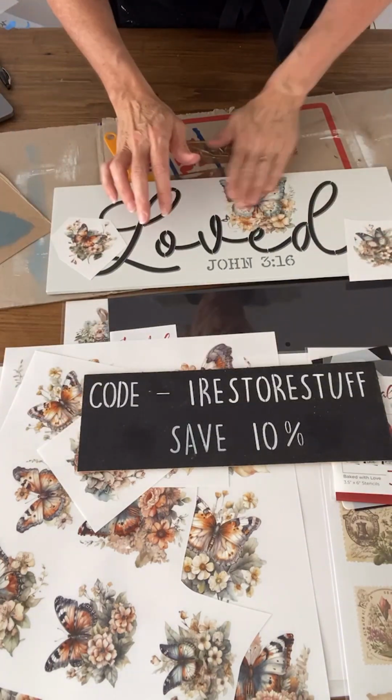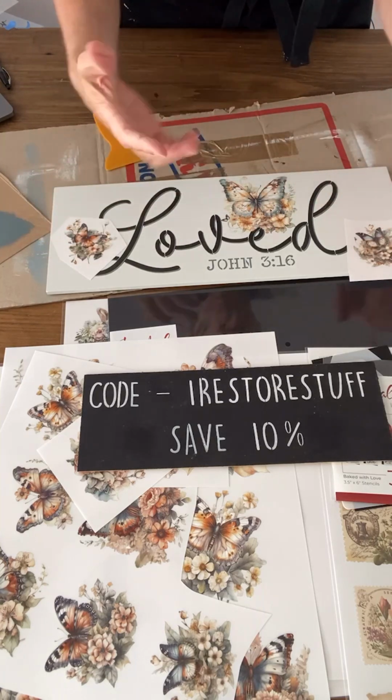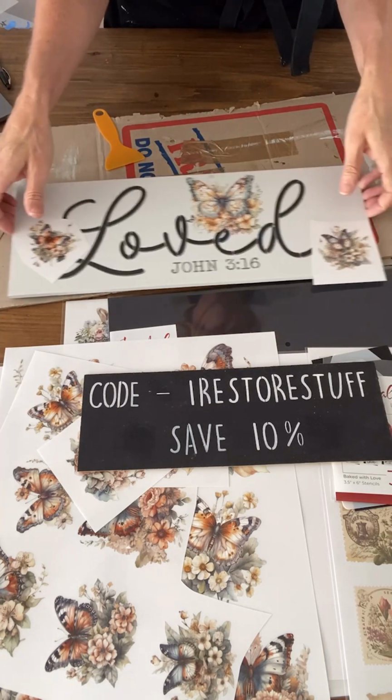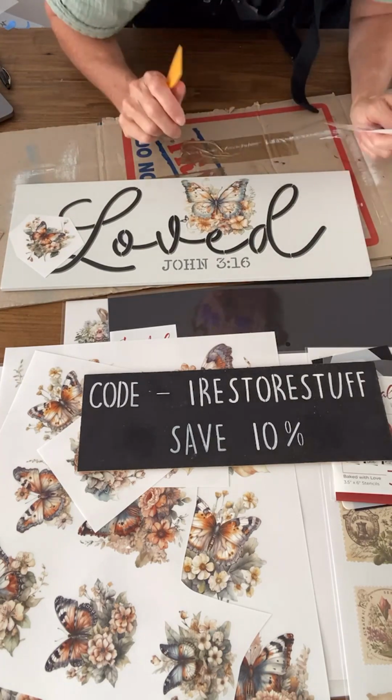I feel like a real artist, except I didn't do it. Aren't they beautiful? They just have the most beautiful, I think they're watercolor type transfers. Essential Stencil has some lovely designs. If you just type in the word transfers on Essential Stencil's website,